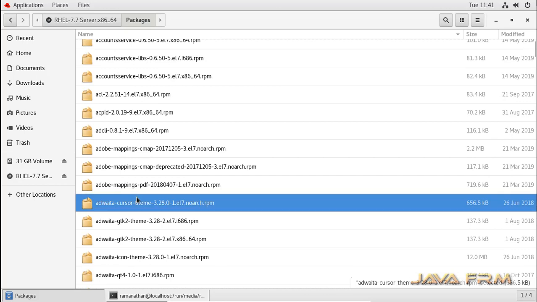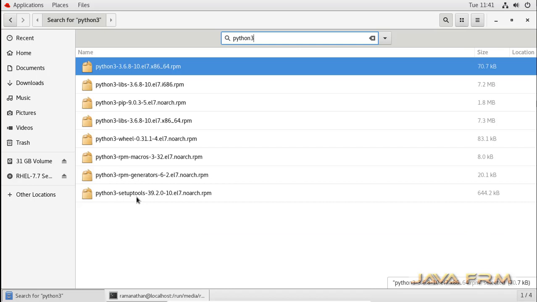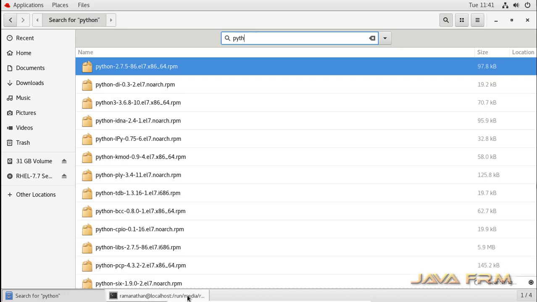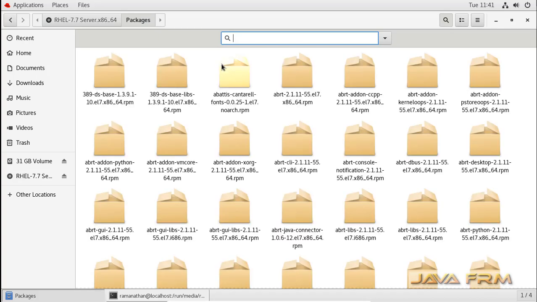From Red Hat Enterprise Linux 7.7 onwards, Python 3 packages are available on the DVD. No need to download externally. For versions below 7.7, you need to download from the internet and install it. So here you need not worry about it. It is available on the DVD itself under the packages directory.